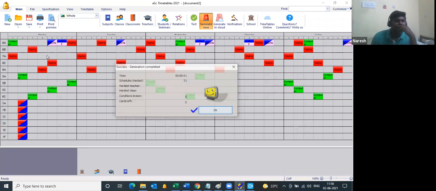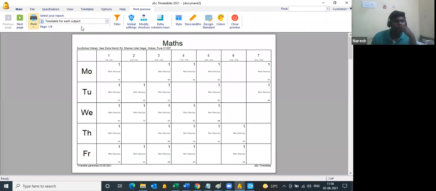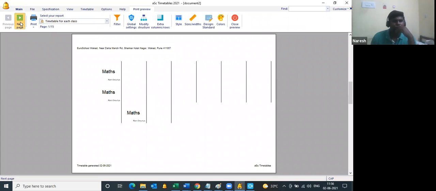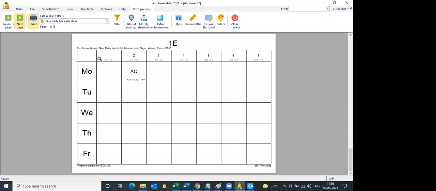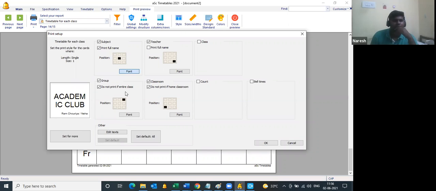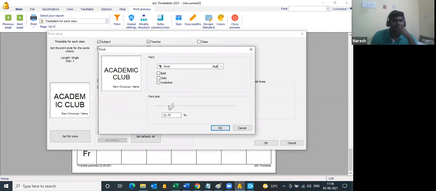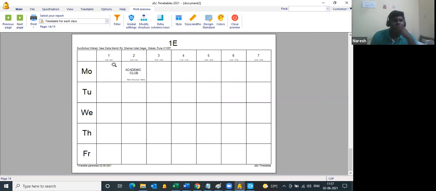Yes. So you see for class 1 and the set of this is for subject class. So you see here, madam, 1A, 1B, 1C, so all are correct. If you want to print full name, when you right click on this particular academic club, this page appears.